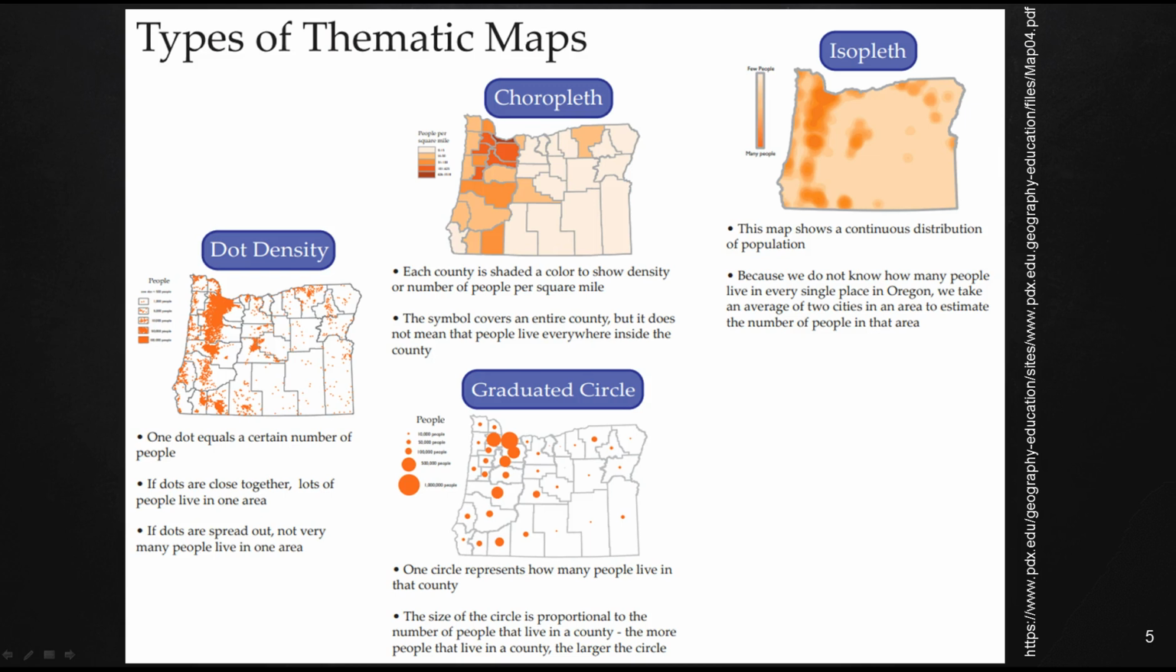We can see around the Seattle area there's high population density, and as you move eastward, the population density decreases. The more common type, and the one that you're going to be making mostly in this class, is the choropleth map. And so here each county is shaded a color to show the density or the number of people